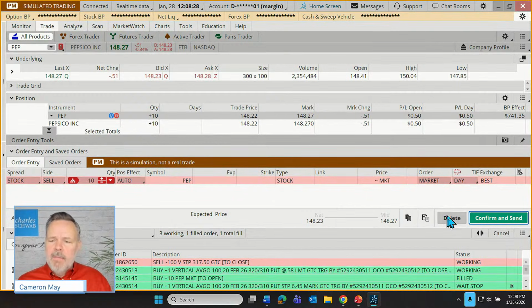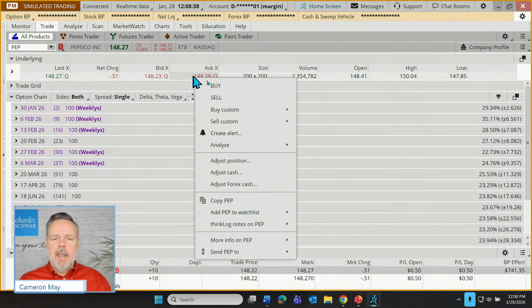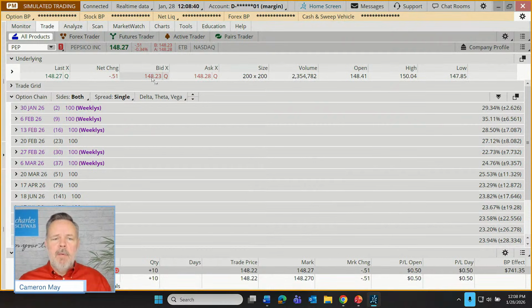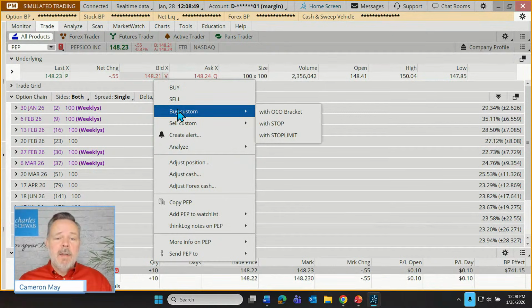Now, there's another thing that I think most users of Thinkorswim have discovered, and that is rather than left-clicking on the bid or the ask price, we can right-click on either of those, and we get the same menu. So if I right-click here, I get this menu. If I right-click on the bid, I get the same menu, but buy orders and sell orders can be used from the pop-up menu, but we can also construct custom orders.